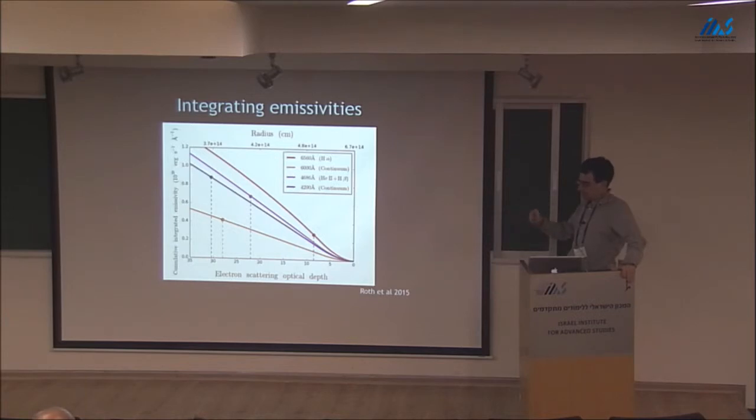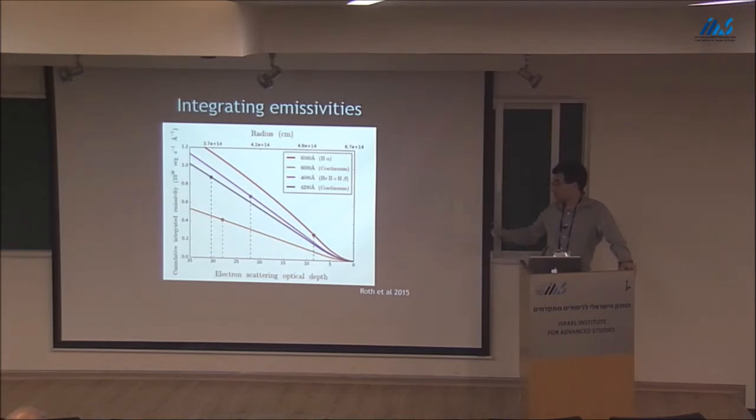That gets rid of the solid angle, and then integrate 4 pi j lambda times 4 pi r squared dr. So you're integrating that emissivity over a volume up to the indicated electron scattering optical depth on the horizontal axis. And then you stop at a given wavelength, the flux that comes out, you stop at around that thermalization depth